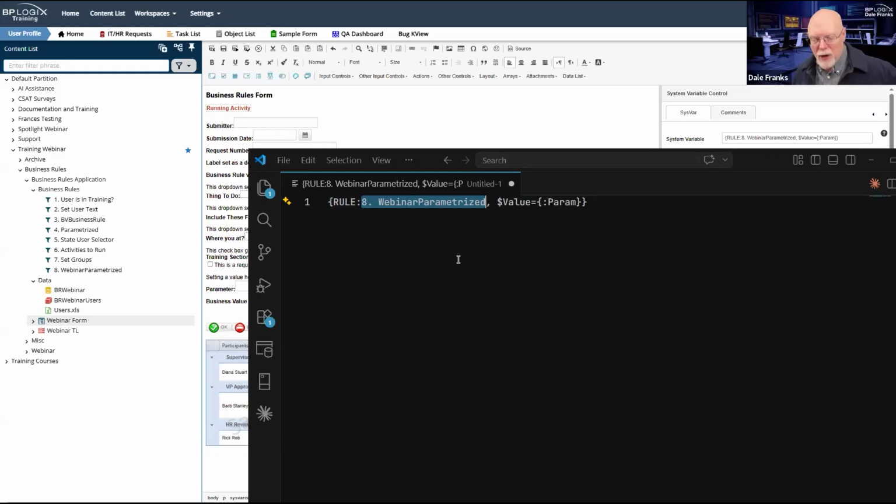Most of the time in Process Director, when you're dealing in the UI, even though it shows you the name of a thing, field name, business rule name, business value name, that's for you to read. Process Director doesn't use that. Process Director always uses the GUID of the object to uniquely identify it.